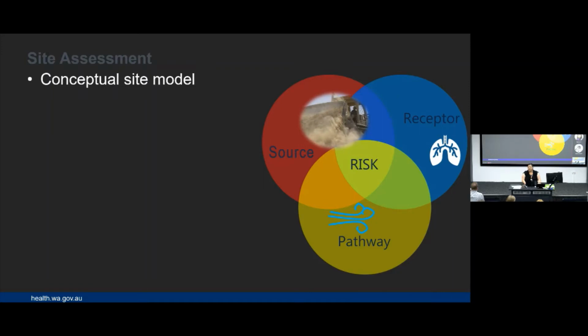So we still want to have information about the conceptual site model that you have for the site, and who the receptors are and how they may interact with the material based on the activities that are happening on the site and what their exposure potential is because of that. So we do want to see that, and where I've seen it done, it really helps with risk communication at the end of your report. It's a really useful tool. It's in the NEPM, you're required to do it. It's in the con-site guidelines, it says that you're required to do it, and for some reason it's quite rarely done. So it's something that we would like to see done a bit more with asbestos